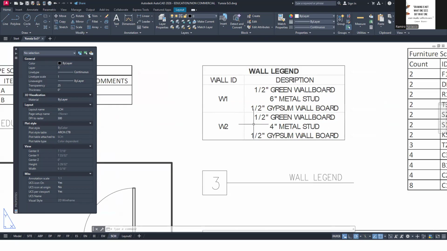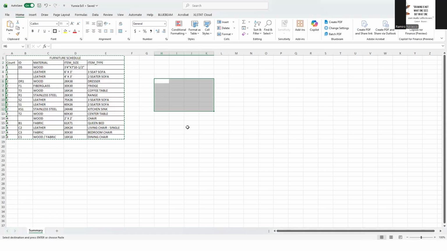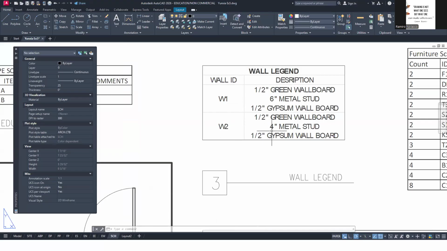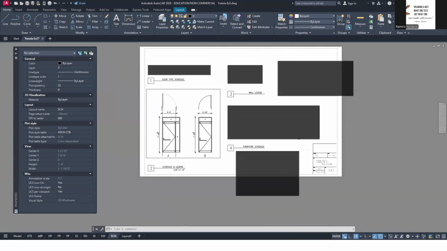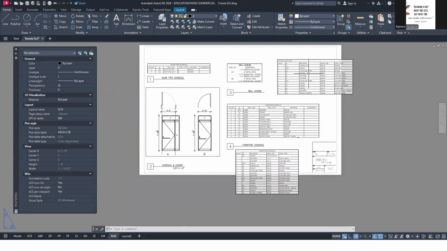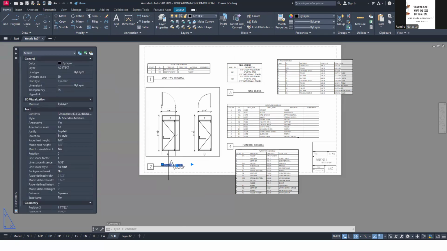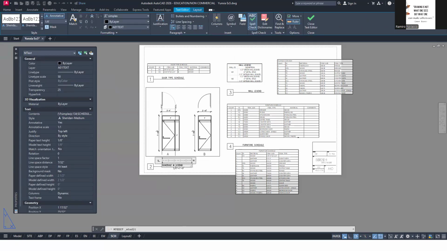So you can make this in Excel, somewhere here, copy, and then paste it here, wall legend. Okay, and yep, so I have several furniture schedule here already. All you need is a door type schedule, wall legend. This is actually door legend. Okay, door. Sorry. Yeah, door legend.